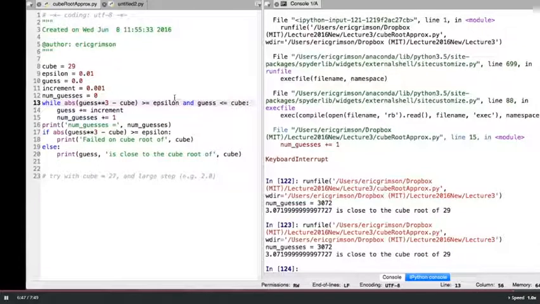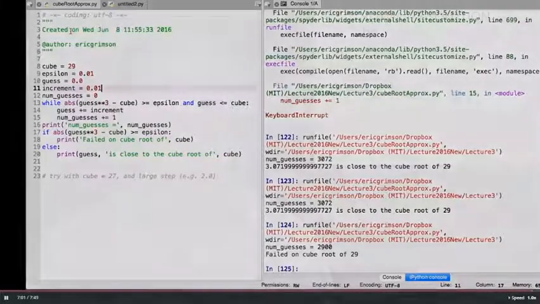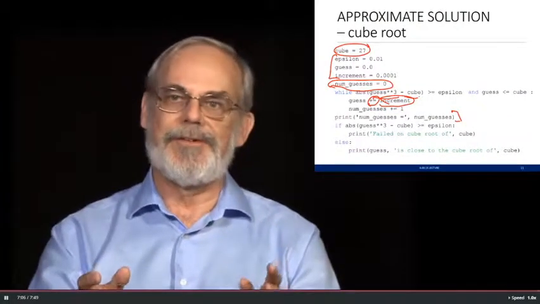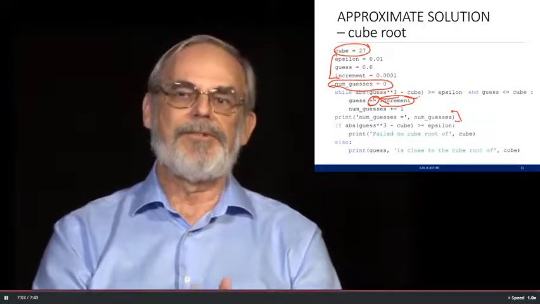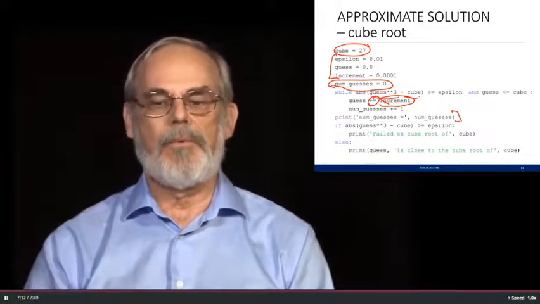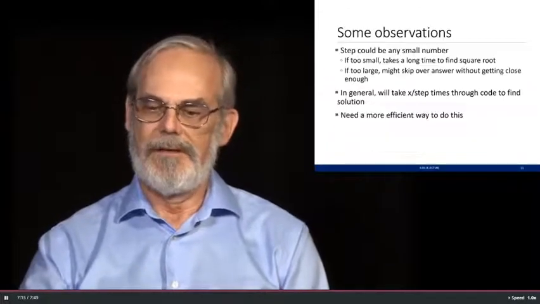I can still run the same one, but now if I change increment to tenths, run that, it gave me a solution. Not a very good one. It basically says I didn't find a solution, but at least I didn't keep running forever. What was the point of doing this? It's not to try and trick you. It's to remind you that as you make changes to the code, you need to think about the consequences. And this was one where my test wasn't capturing all of the cases.